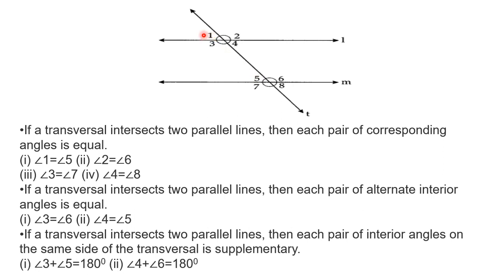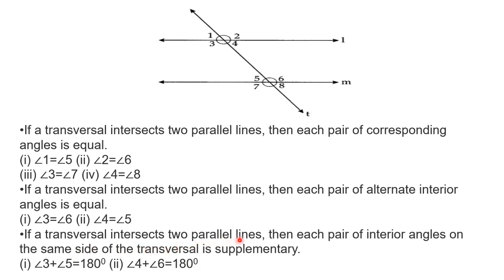So, in this figure, angle 1 and angle 8 are the alternate exterior angles and they are equal. Similarly, the second pair, angle 2 and angle number 7, are again alternate exterior angles and they are also equal. Now,